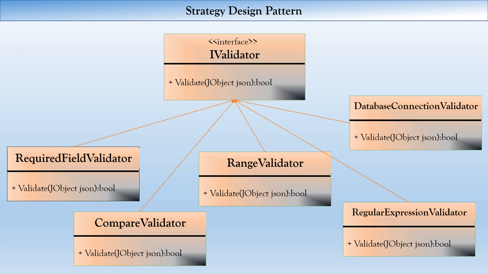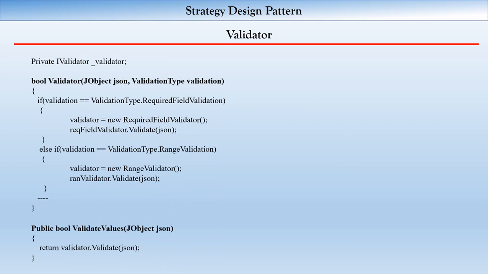Now if we look at the new validator class, we have now used composition of iValidator object, and we are creating the objects based on the conditions. We have some more design patterns which deal with the object creations. We can use those patterns to create objects for validator classes. We'll talk about them in this series. If you understood the above use case, you have understood the strategy design pattern.